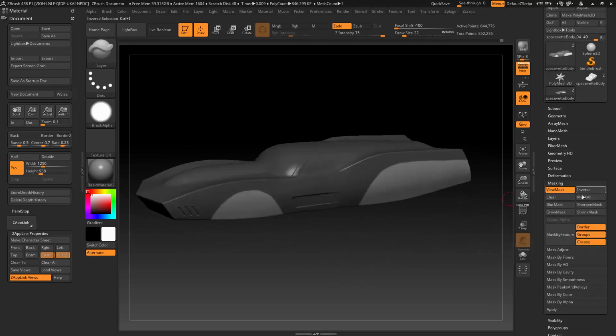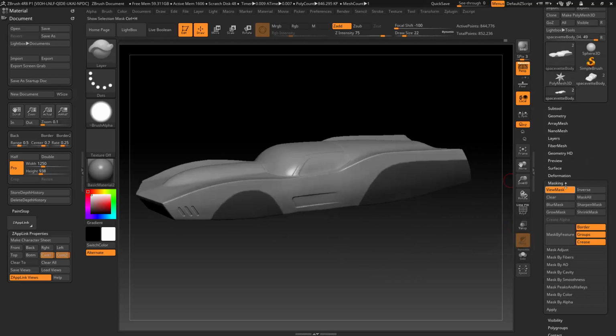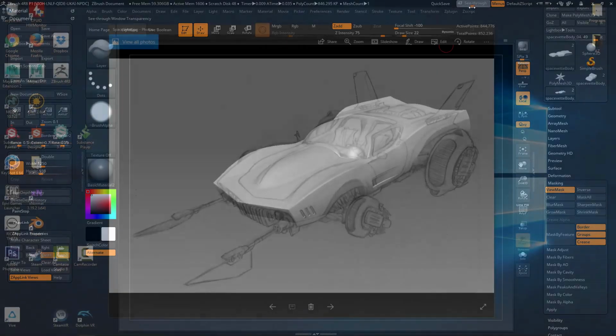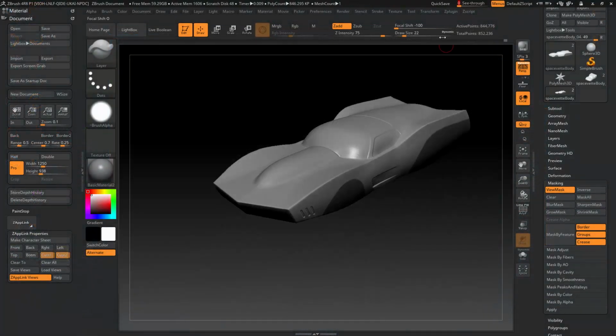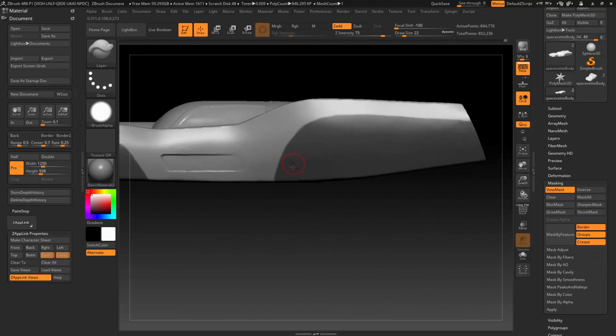If we go to this masking palette, you can see we have a few tools here that are pretty handy. There are hotkeys for a few of them, but I find that if I want to do something specific, I like to go to the masking palette and just click the button of what I need. So you can see I did a quick invert of that mask, and